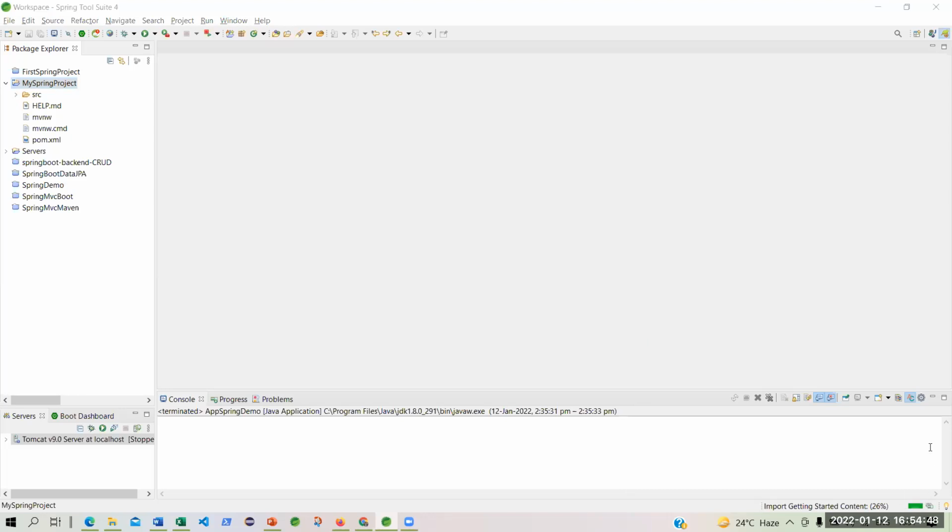Are you able to see that it is importing, getting started, 26% and this and that? Yes, sir. Now let it complete, otherwise I will not be able to show you the structure of the entire project. Unless you understand the structure, it will be difficult, not difficult. You already know because you have already developed. You were working with Java and Java build and everything. Even people who have done JSP servlet know a particular structure.